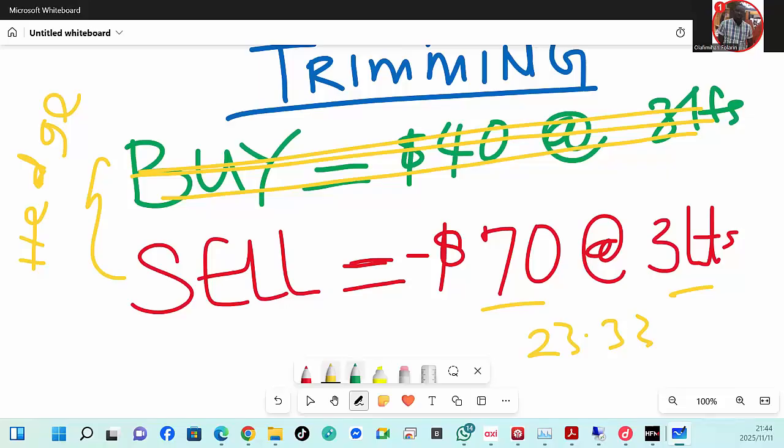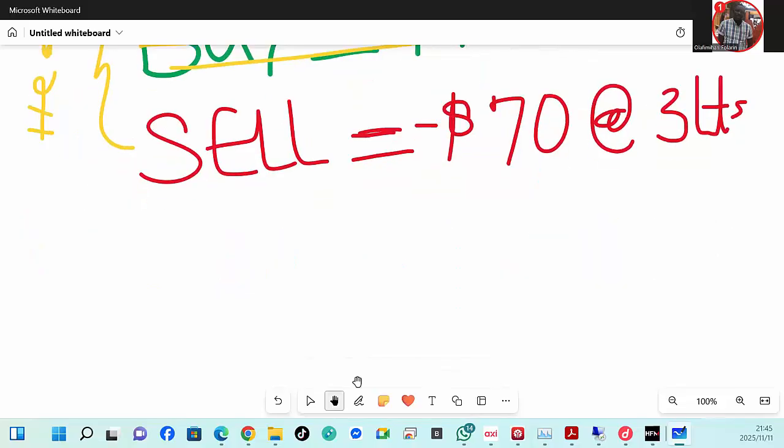Yeah, a mathematician in the house, but the thing is we need mathematics. So now we assume that we have closed our buy at $40 profit, and we cannot just close our buy and leave minus 70 there to be growing. We have to close 23.33, one lot size, because remember we divide 70 by 3. Each one of them gives us 23.33, 23.33, 23.33. Let me help people that hate maths, because when we were in school, many of us hated maths. So 3 lot size.